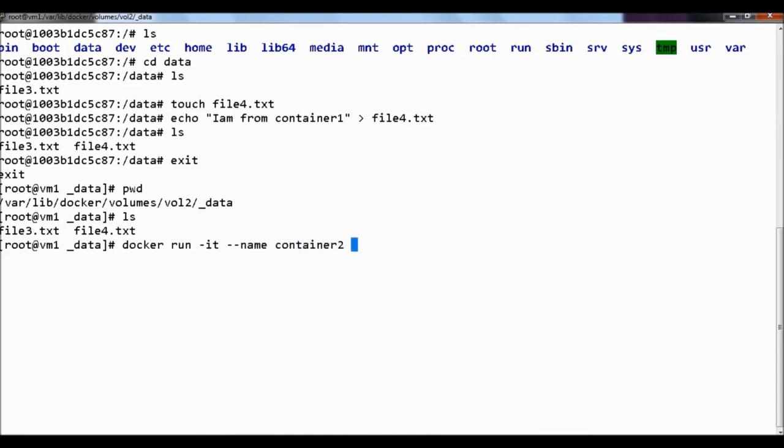And I want to copy the volumes from container 1. So we have a command called volumes-from container 1, so that any number of volumes attached to container 1 can be copied to container 2.